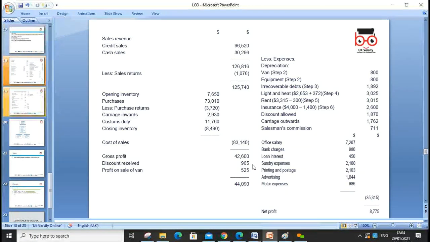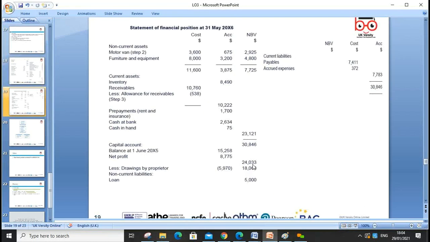So here you will see the net profit. Then we prepare the balance sheet. We call it the statement of financial position. So we have assets, non-current assets first. Motor vehicle we have, the depreciation, and how much is the carrying value now. Then we have furniture, yes. How much is the book value? That's my total non-current asset,